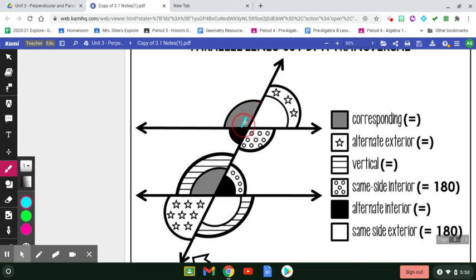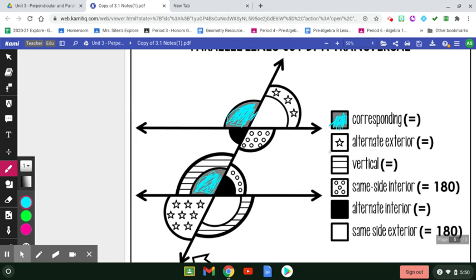So pick a color. And we're going to say that these, remember, corresponding means the same position, right? So this angle here is in the top left, and this angle here is also in the top left. Okay, so both top left. So these are corresponding. And this doesn't have to be perfect because you can see what my picture looks like,